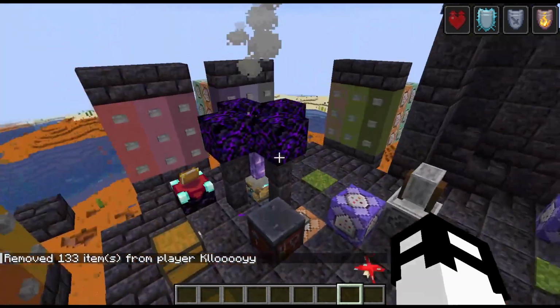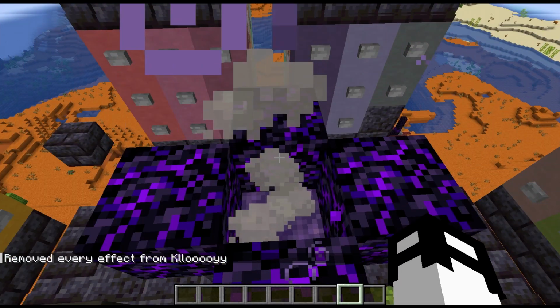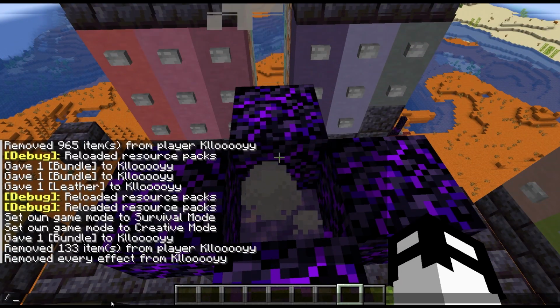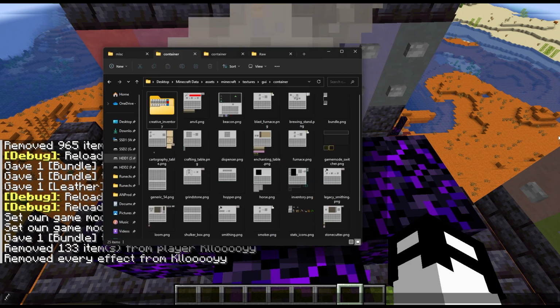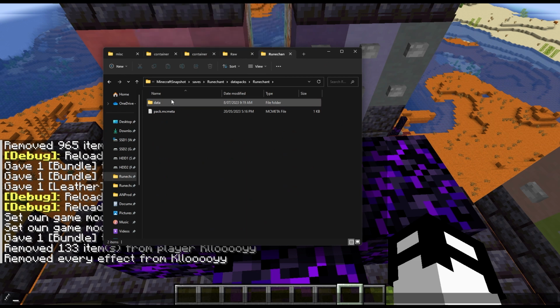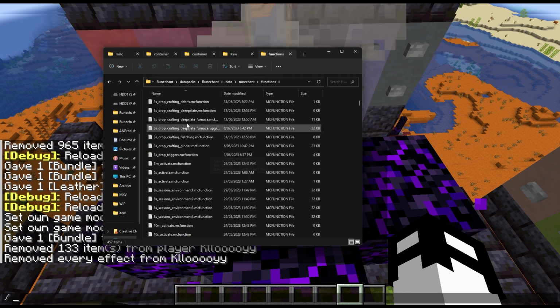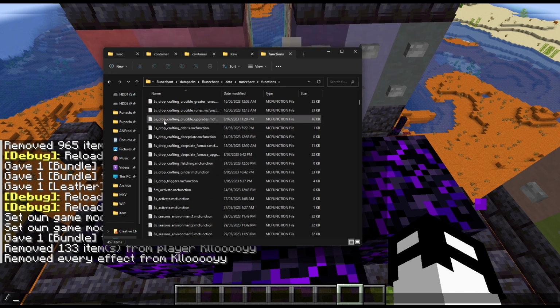Doesn't matter, I don't need them. Because no, in fact, that was the wrong clear. I was trying to clear my potions. Right, so we just have to go back to the data. New tab, Runechant, data pack, Runechant, functions. And for me, I'm just going to add it to my 3-second drop crafting crucible, because that's what this is,